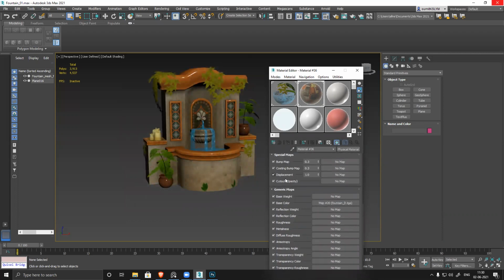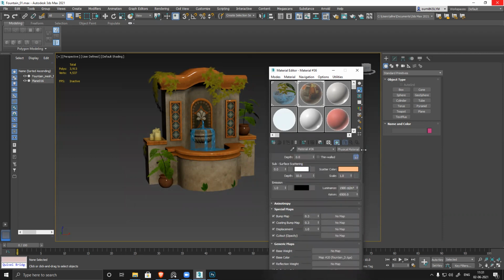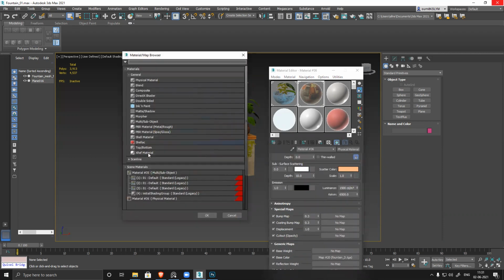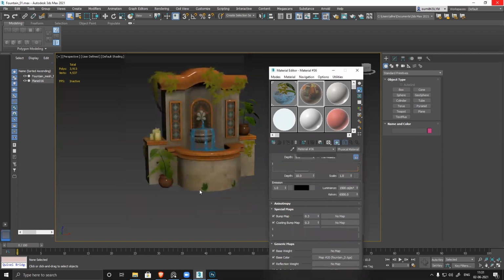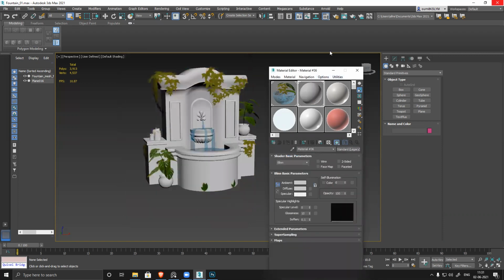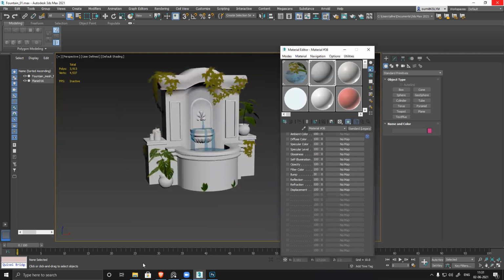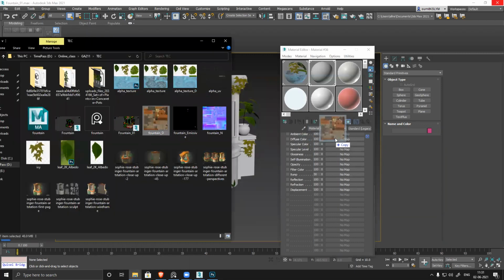So, the bump map. Okay, I'll show you the basic one only, otherwise this will become very complex. I'm using a standard legacy basic material. Maps: diffuse to diffuse color.